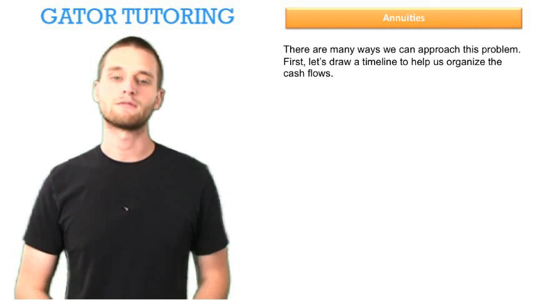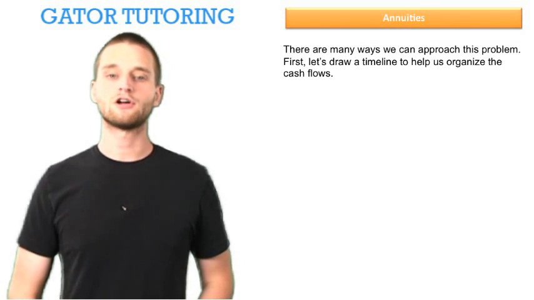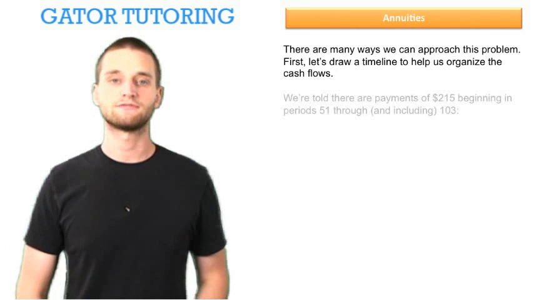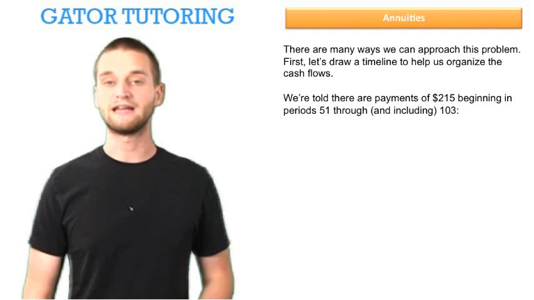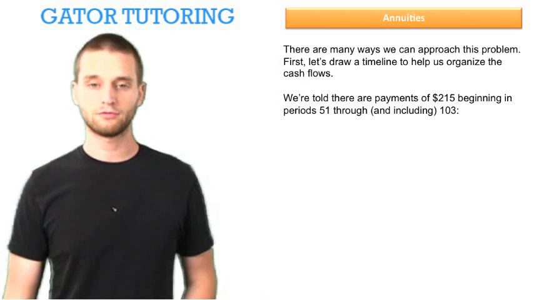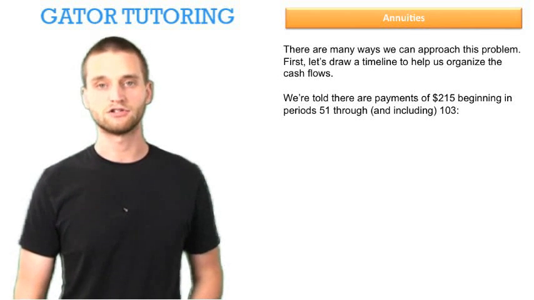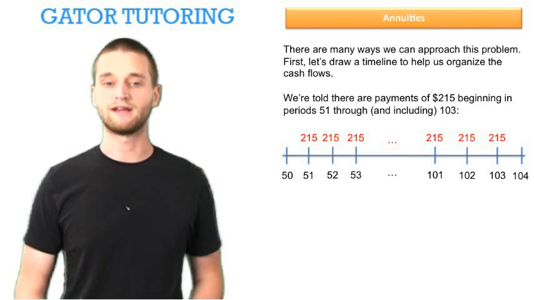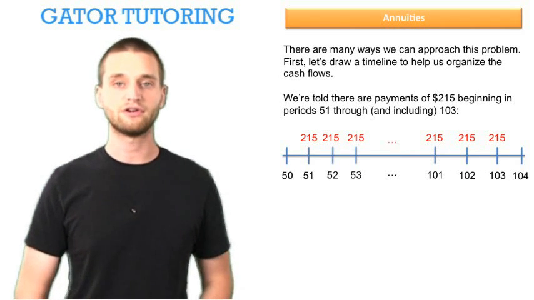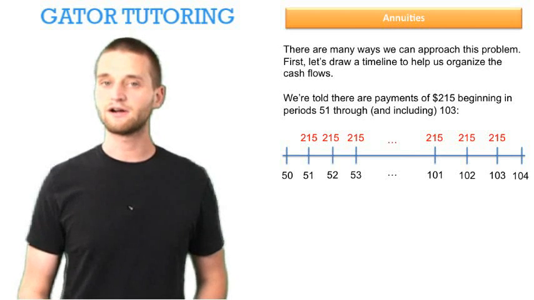There are many ways that we can approach this problem. First, let's draw a timeline to help us organize the cash flows. We're told there are payments of $215 beginning in periods 51 through and including period 103. And so here's a time chart which shows the cash flows beginning in 51 of $215, continuing every year thereafter